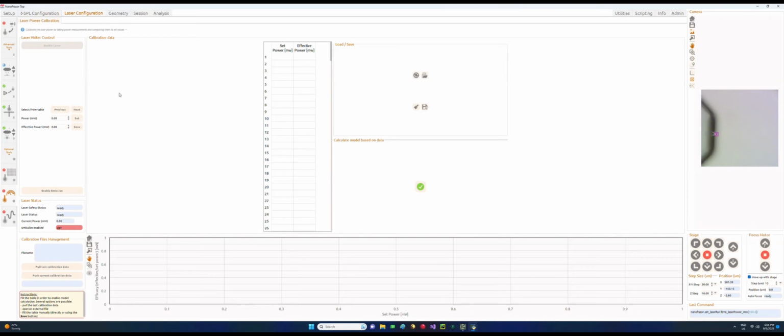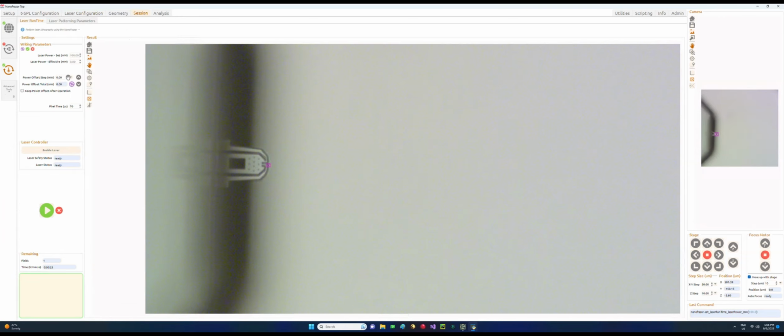Of course, we need a laser power meter to perform the laser power calibration. In this case, we do not have any laser power calibration, so we cannot know the effective power for this set input power, but in general you can see this once you load the laser power calibration data.